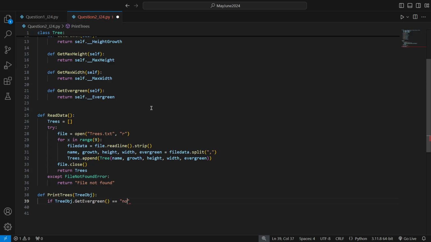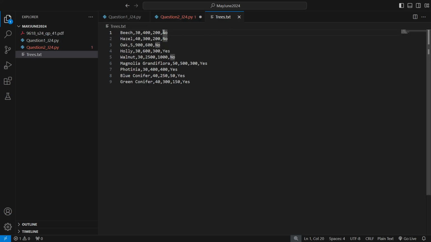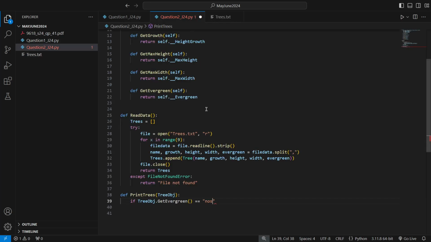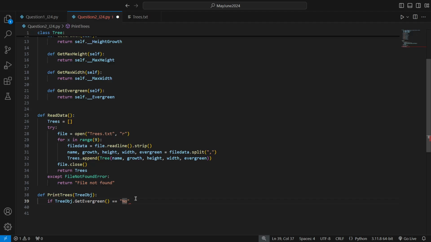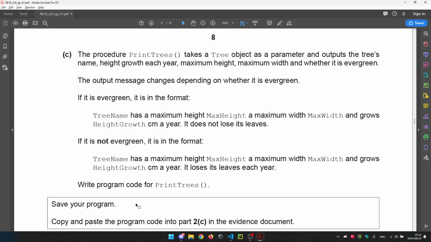Is equivalent to a no, because I think that's how it's written, right? The file, oh, it's a capital N. Why did I write NOS? Okay. If it's a no, then what we want to go ahead and do